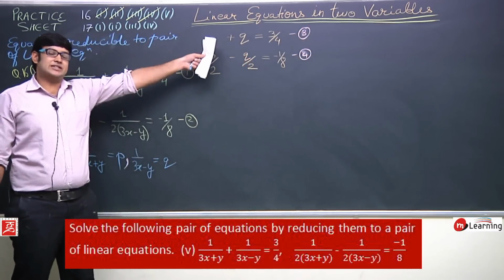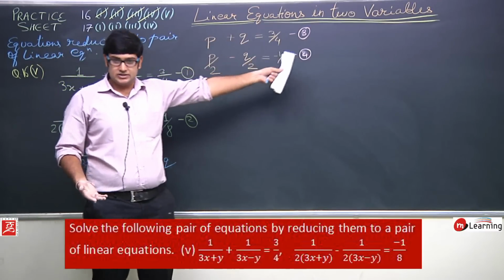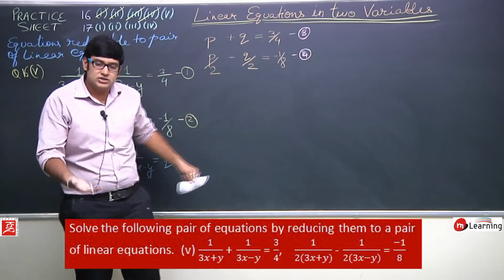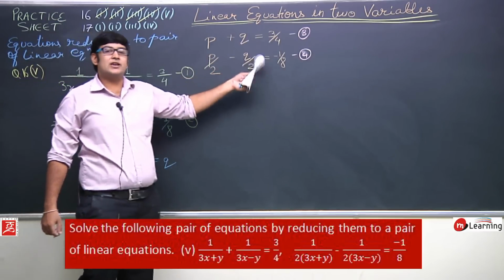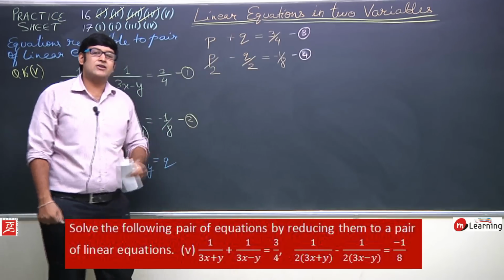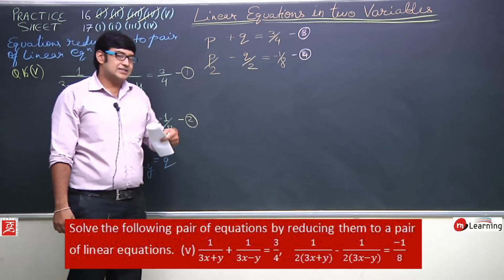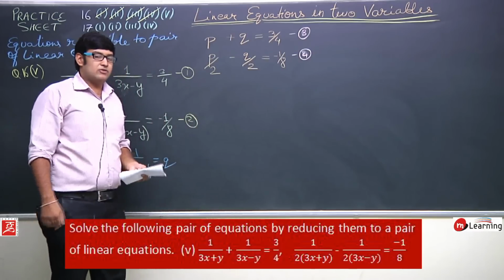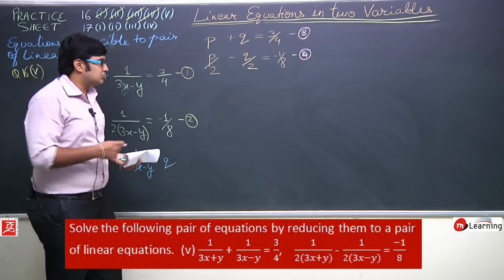So we have two simplified equations, which are linear equations in two variables and the reduced form of the given equations. Now can we determine the values of p and q from these equations? Yes, it's very easy. How can we determine them? Let us try to solve it. Again we can use any method. I am going to use the elimination method as usual.